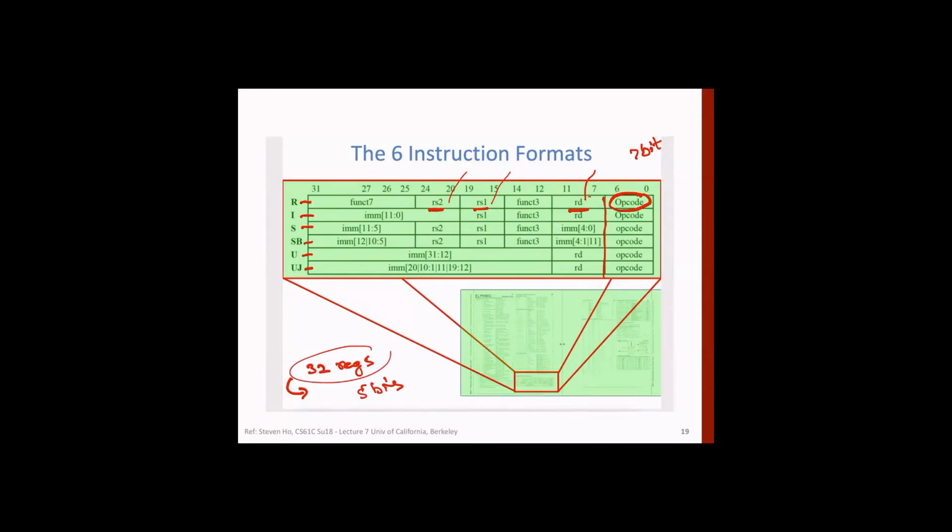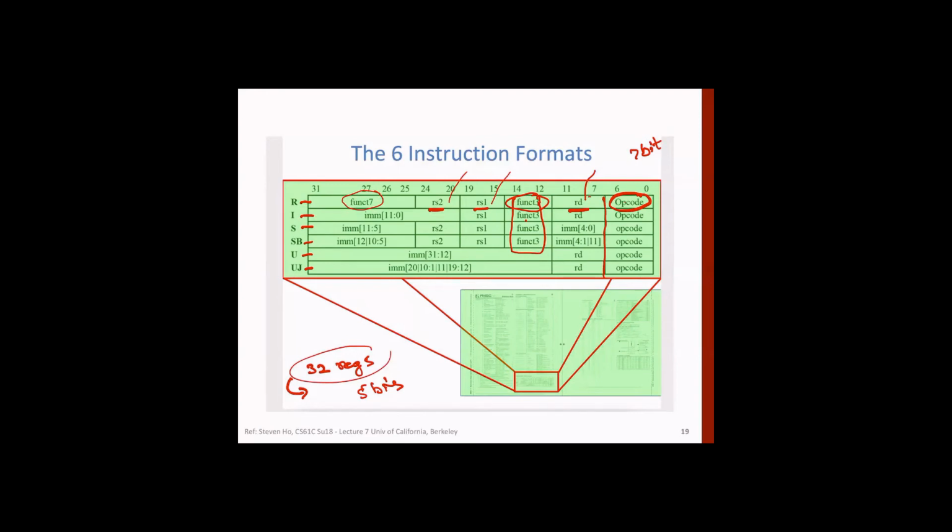Then we have some space left out, which is function 3 and function 7 (F7), which can be used to extend the opcode. So all these places you see here in different format types. The opcode and this field combined define the format, or what is to be done, or what this instruction represents, by the combination of these two. But looking at these first 7 bits, you can interpret whether you need this field or not. So this simplifies the compiler construction.